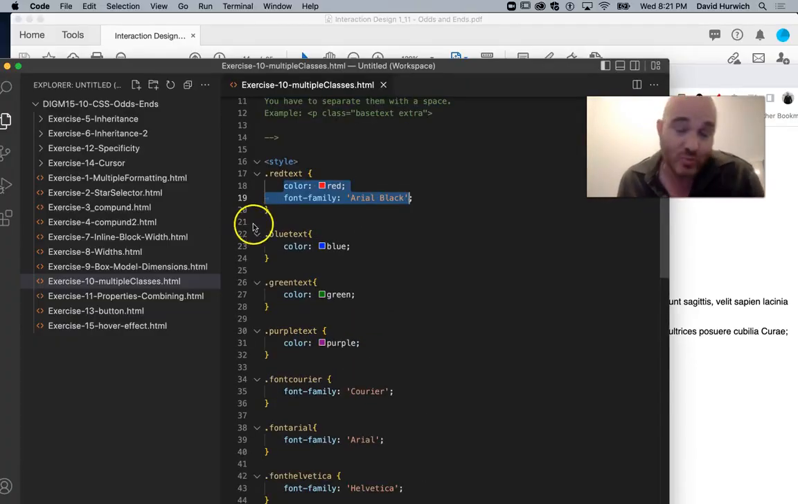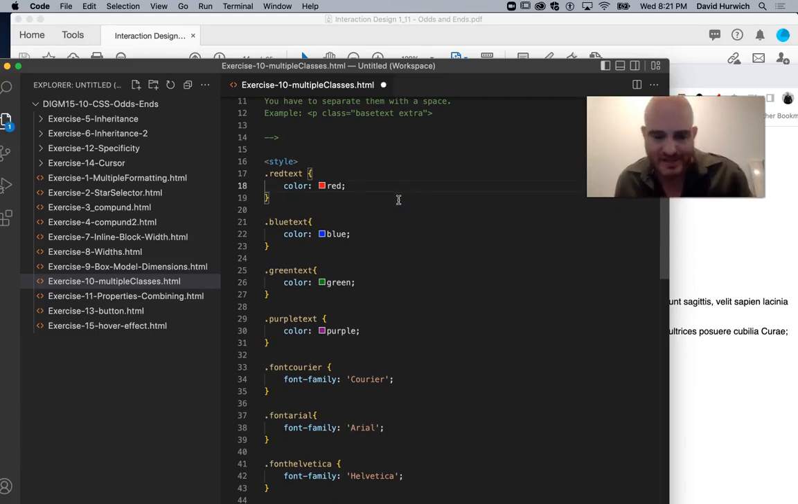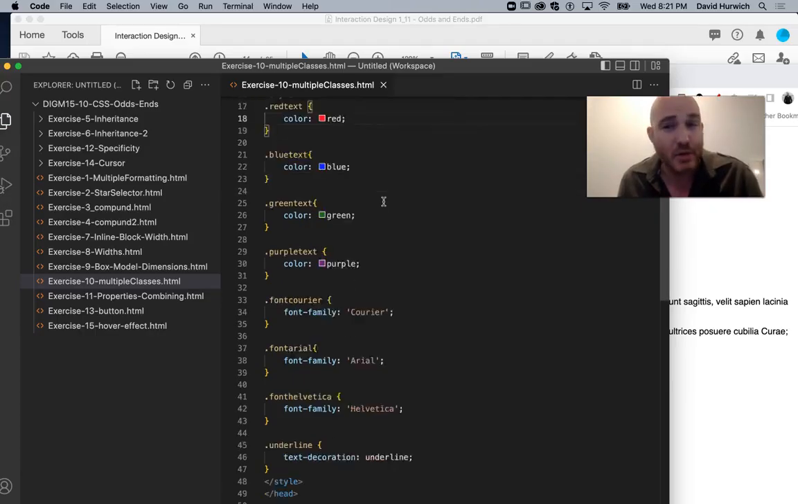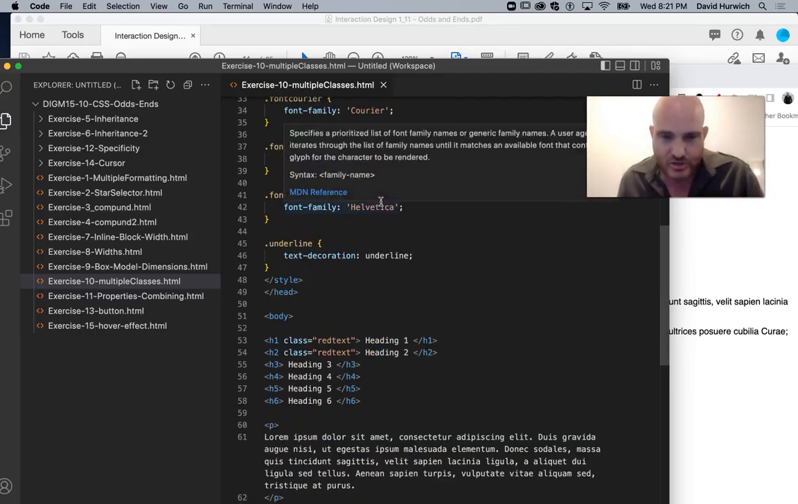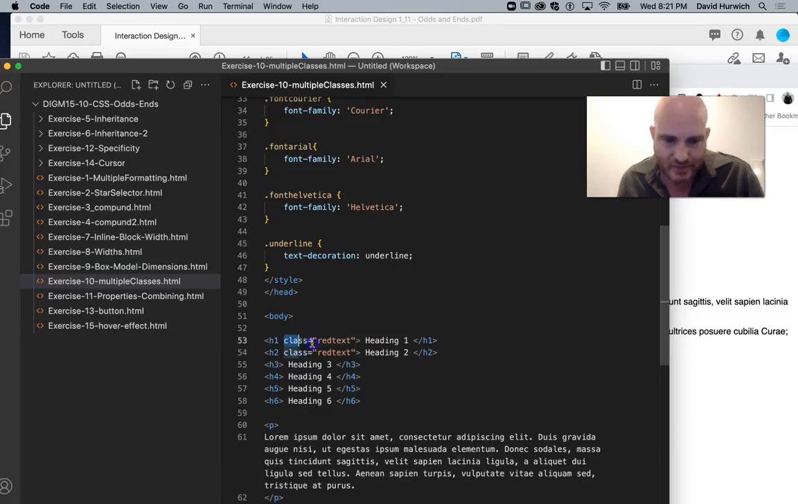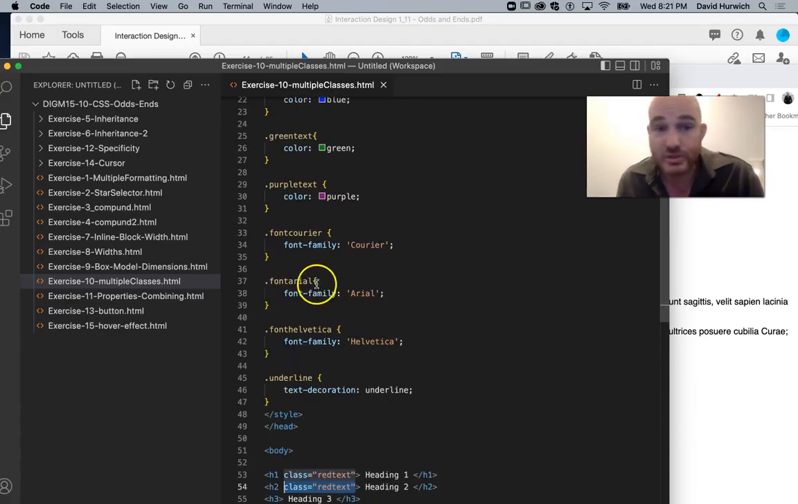So the answer is, well, you could make two versions of it, red text 1 that has Arial Black and red text 2 that has Courier, but there's actually a more efficient way to do this, which is that when you apply classes to something, you can actually apply multiple classes to something. So what I'm going to do here is I've applied the red text class to the H1 and the H2,